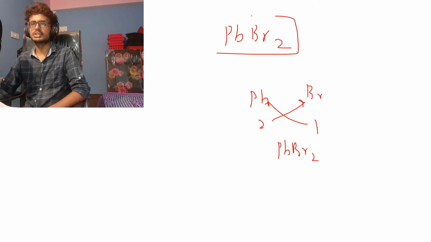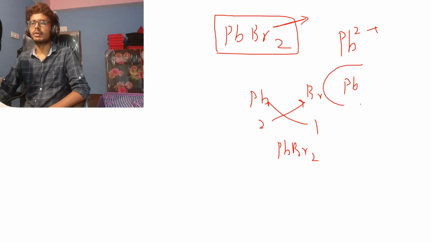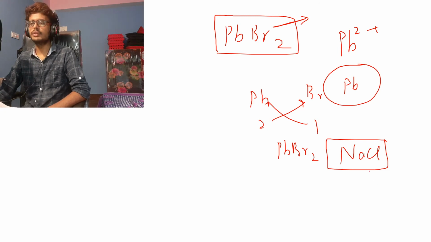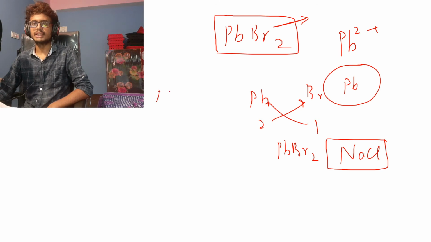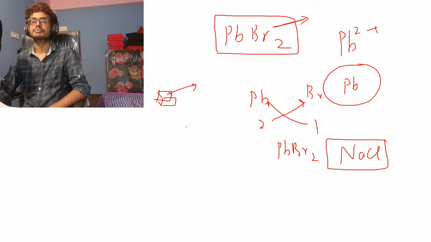This is not possible if Pb doesn't become Pb2 plus. Lead bromide is possible only if lead can be in the ionic state. So what I said was, ionic bonding is possible. How are ionic bonded particles held together? Like NaCl is a solid, right? Salt. How is it held together? How does it stay in one shape? Because we know the crystal salt we use has a cuboidal shape, right? So how is it held together in this shape?